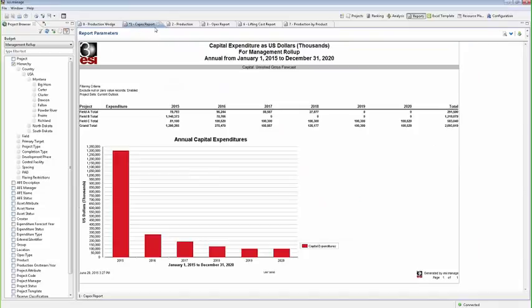Very flexible. Now, let's just go over this capital expenditure report. This capital expenditure is for the whole management roll-up, and it's from the year 2015 until 2020. We have the information here on a yearly basis for the 3 different fields. We also have a nice graph associated with these numbers. You can choose to either display or not display this graph. Additionally, all of this graph and all of this information can be exported to Excel, PDF, HTML, many other different